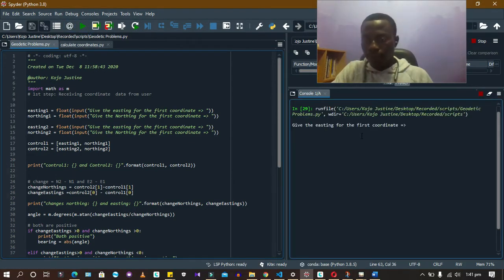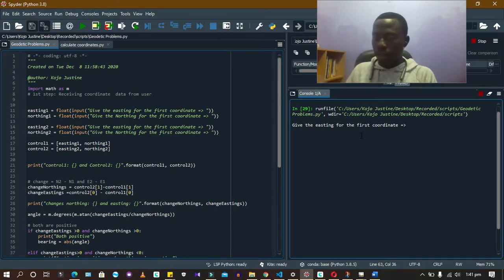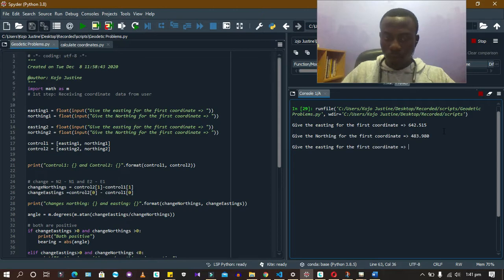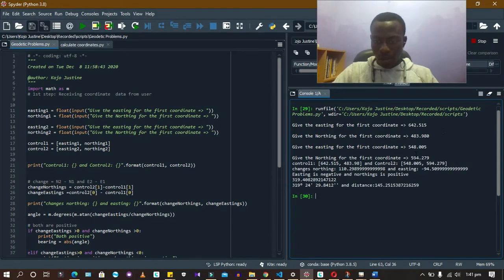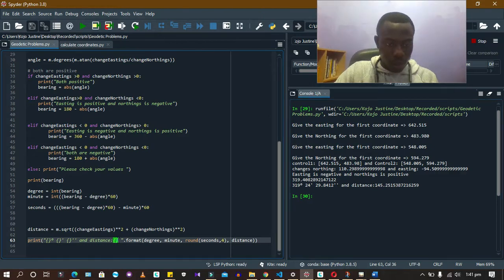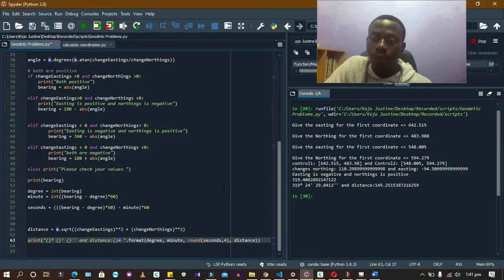So let's see. I'm going to give it the values now. We are going to see if it works. 642.515, 483.980. Then 548.005, 594.279. Okay, so it gives us the bearings in decimal degrees and the bearings in DMS, and also gives us the distance. You can always choose to round this up to the nearest whole number and add a unit to it if you know what units you are working with. So this one, for instance, you know what you are working with, so you can add units. Okay, so I'll see you guys in the next